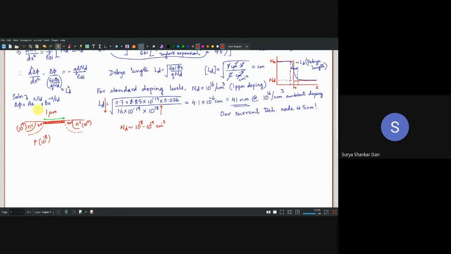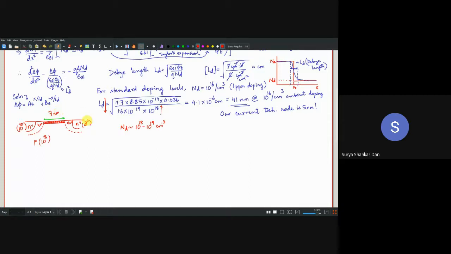Are you all getting me? So here it will be only 4 nanometers. That means the ambient doping of the substrate of that MOSFET has to be increased rapidly. In fact, when we are speaking about 7 nanometers, the sub 10 nanometer technology node, in those cases we use even higher, 10 power 19. But that 10 power 19, as I told you, is becoming equal to the doping at the source side. The source side essentially turns to 10 power 20 in modern technology. So I'll just put 7 nanometer here.